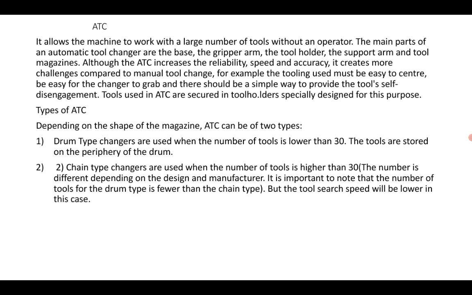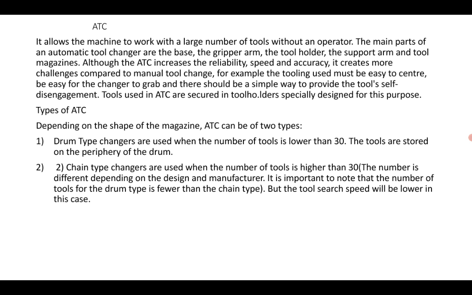So the main parts of ATC are base, gripper arm, tool holder, support arm, and tool magazines.